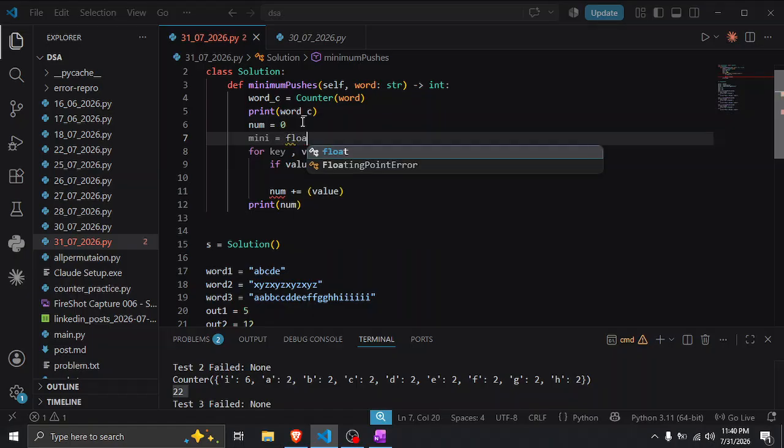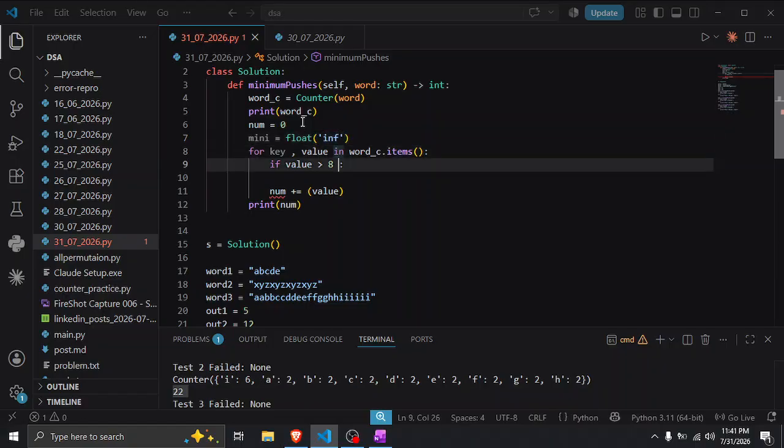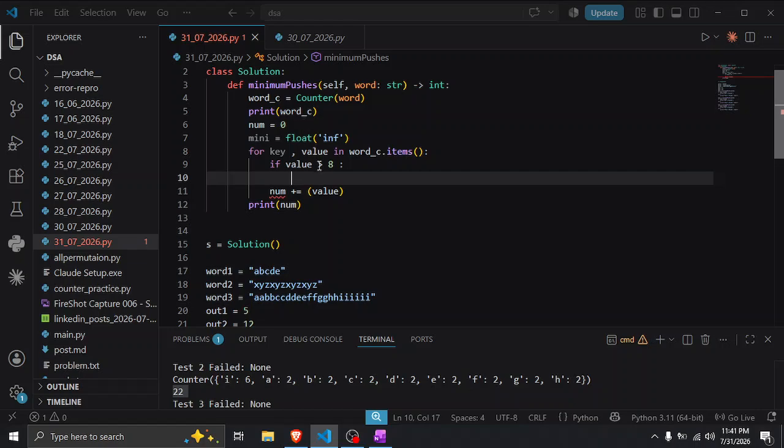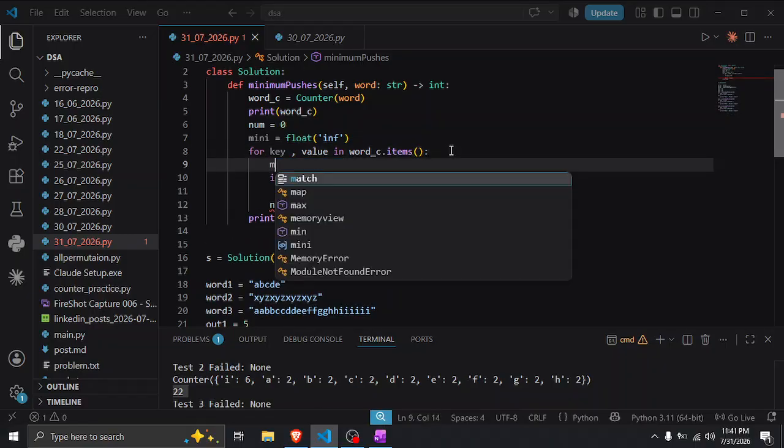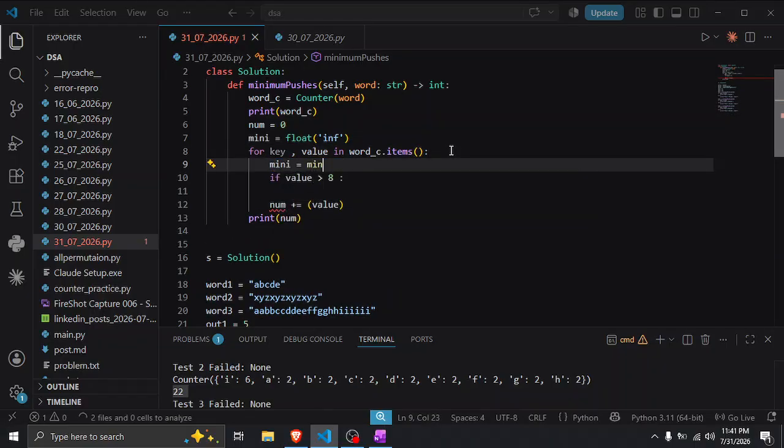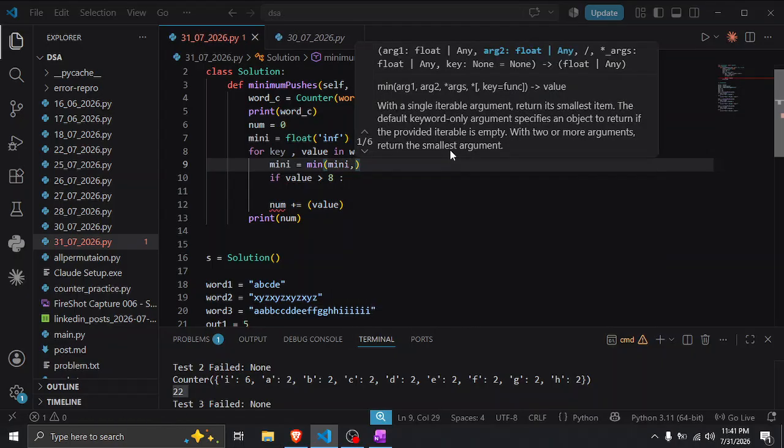So float again minus infinity. I think it is infinity here, and again is greater than 9. But we have to maintain a minus. So mini is equal to min of mini comma value,